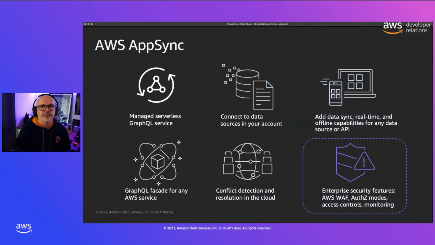So where will we start? We'll start with AWS AppSync. If you're not familiar with AWS AppSync, it's a fully managed GraphQL service that runs on AWS. It helps you build scalable applications that you can connect to multiple data sources within your AWS account. If you're familiar with GraphQL, you'll know that GraphQL connects with those data sources via resolvers. GraphQL presents itself as a single endpoint that clients connect to, and then behind a GraphQL server, you can connect different data sources using resolvers.